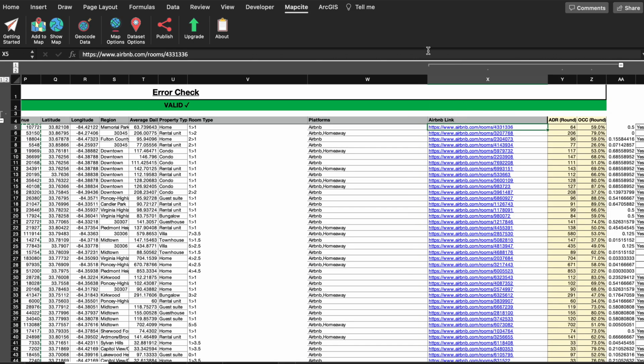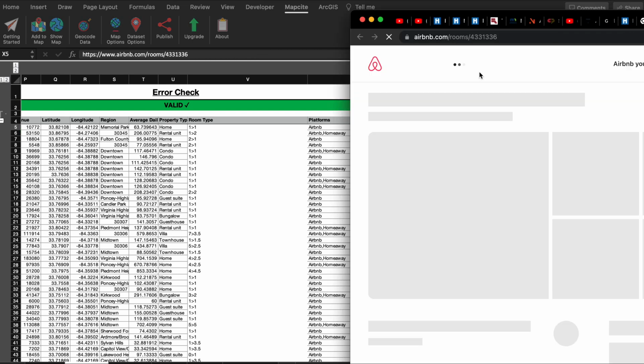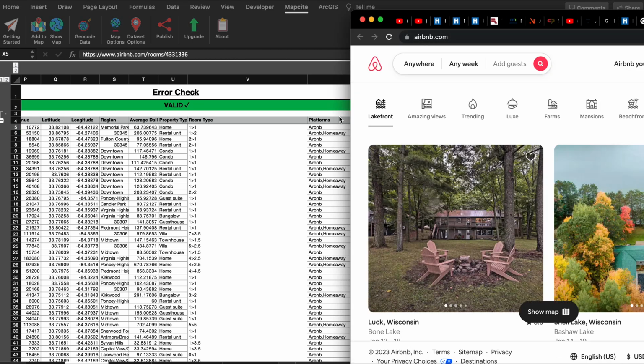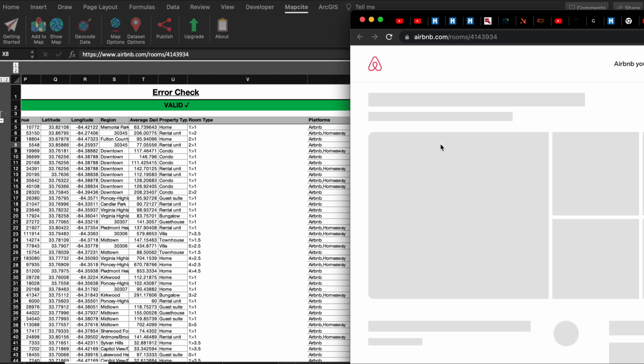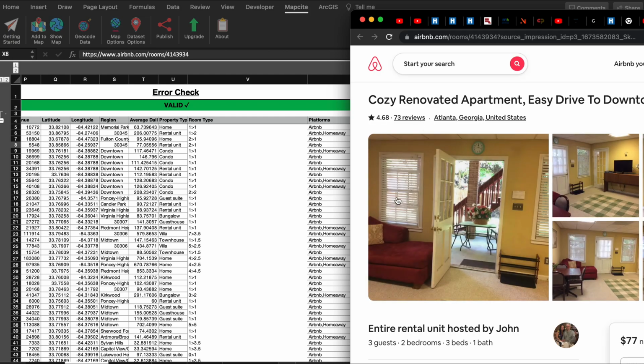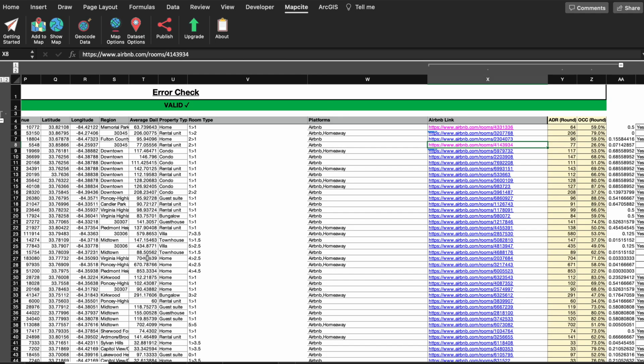If we click on one of these, it will bring us into one of the links. And this is part of the analysis. I get the data from a vast array of websites that track the data. Sometimes if the unit isn't on anymore, the listing link is still on here, but if it takes you to the Airbnb homepage, it means that they took the listing down. But if the listing's still up, the listing is still active on Airbnb.